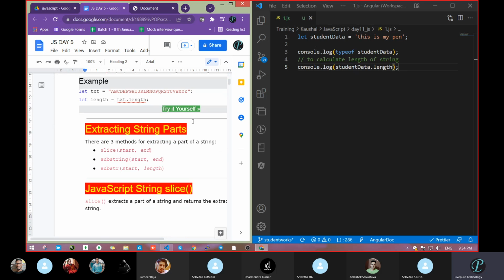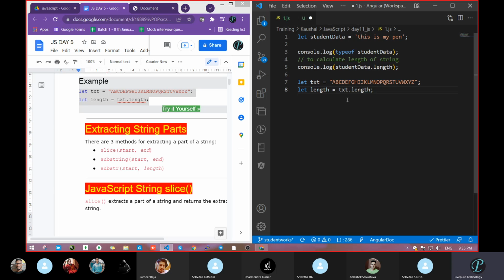Now come to the second. Suppose you had written this is my pen. If you want to extract something, suppose that this is A to Z. If I want to calculate this length, the variable name is text, and here we did text dot length.